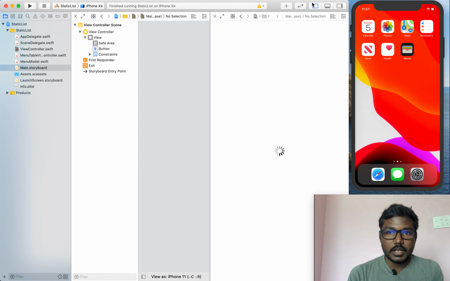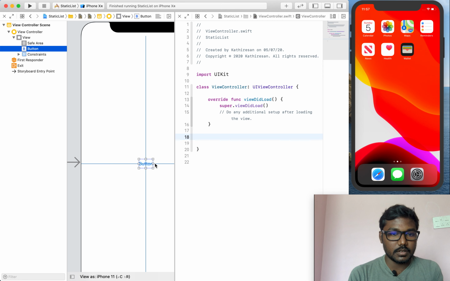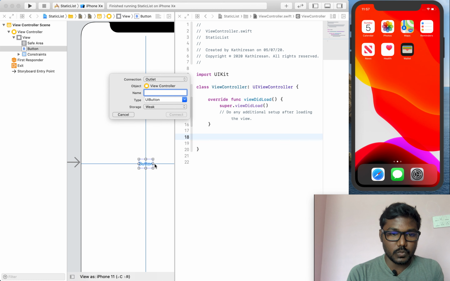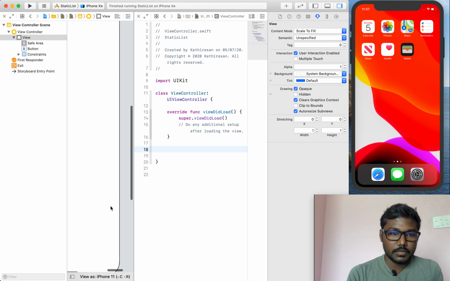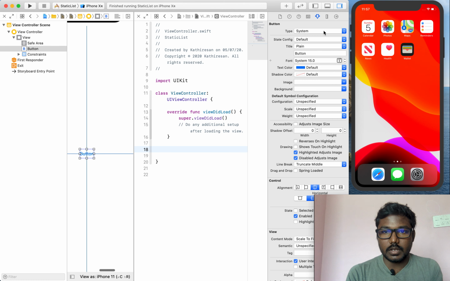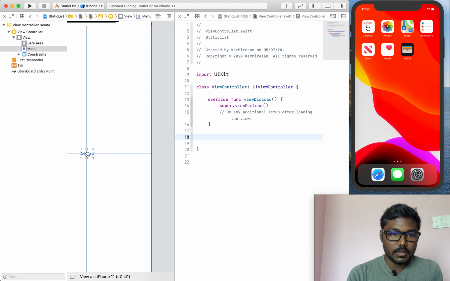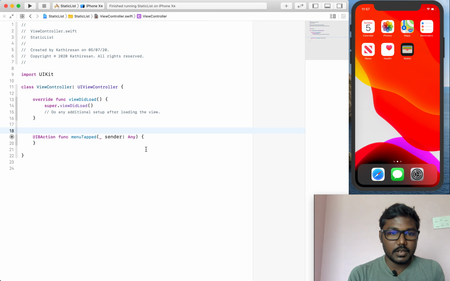Then I am setting the IBOutlet for that button, named menu, then the IBAction for the button, menuTapped. Likewise I created it here.